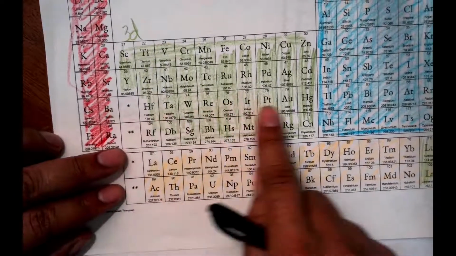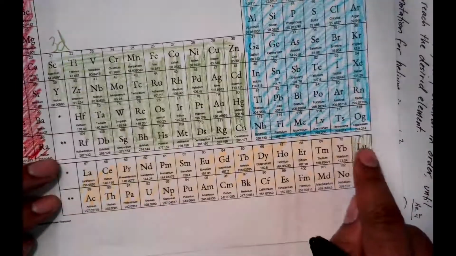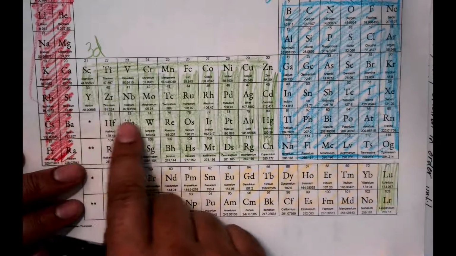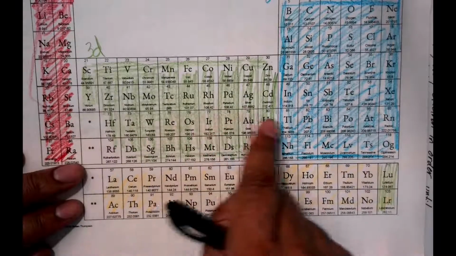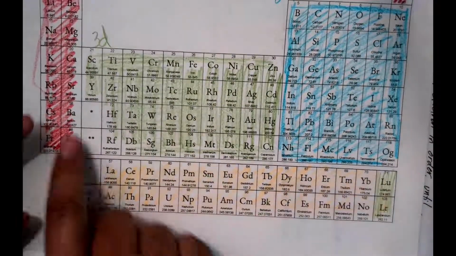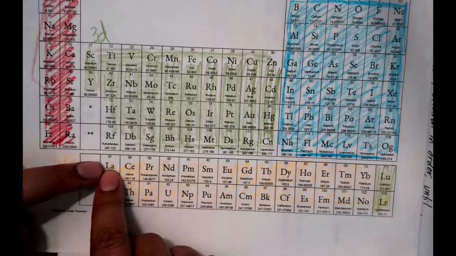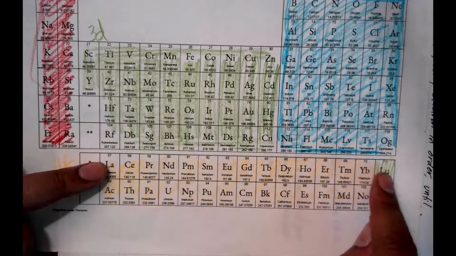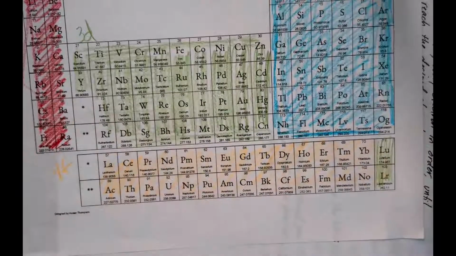So the D block has 10. This one is 71. Okay, so 71 actually goes in this slot. 71, 2, 3, 4, 5, 6, 7, 8, 9, 10. So there's 10 across. The F has 14. Okay, 56. This is 57. Okay, 57 all the way up to 70. That's 14. And then this one actually goes in this slot. Okay, so with that being said,